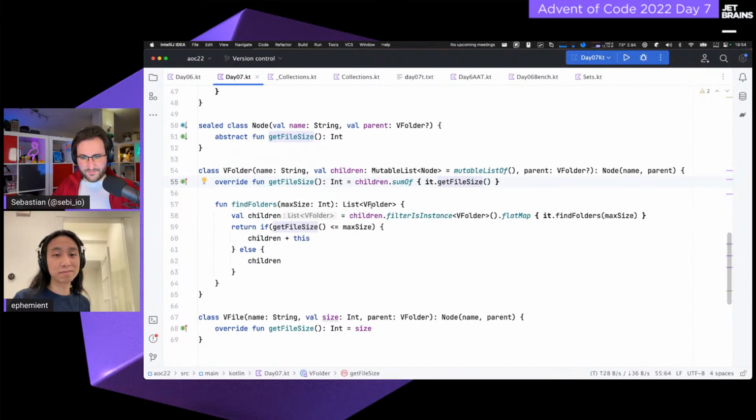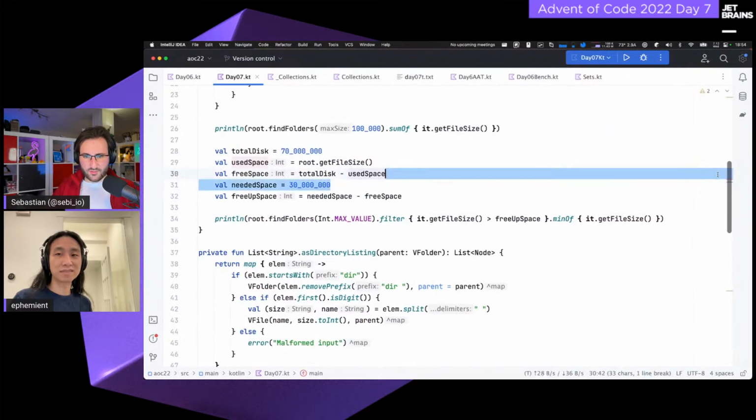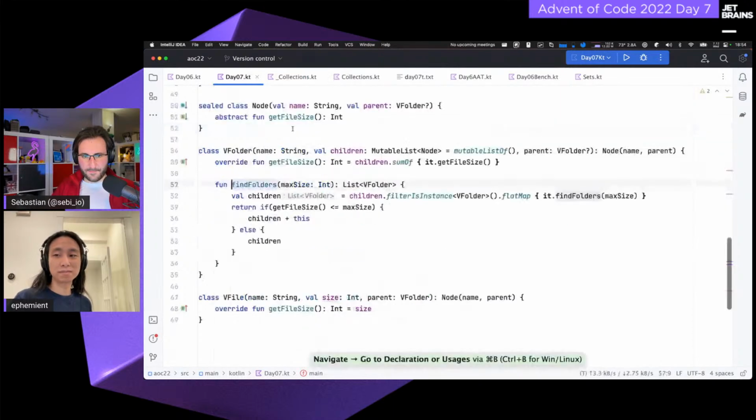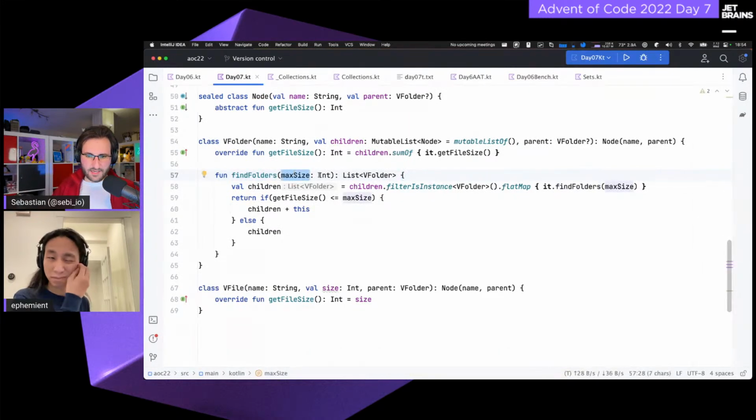And the actual recursive algorithm that we're using to find these folders is this one. We're providing a maximum size, and this is going to return us a flat list of folders.